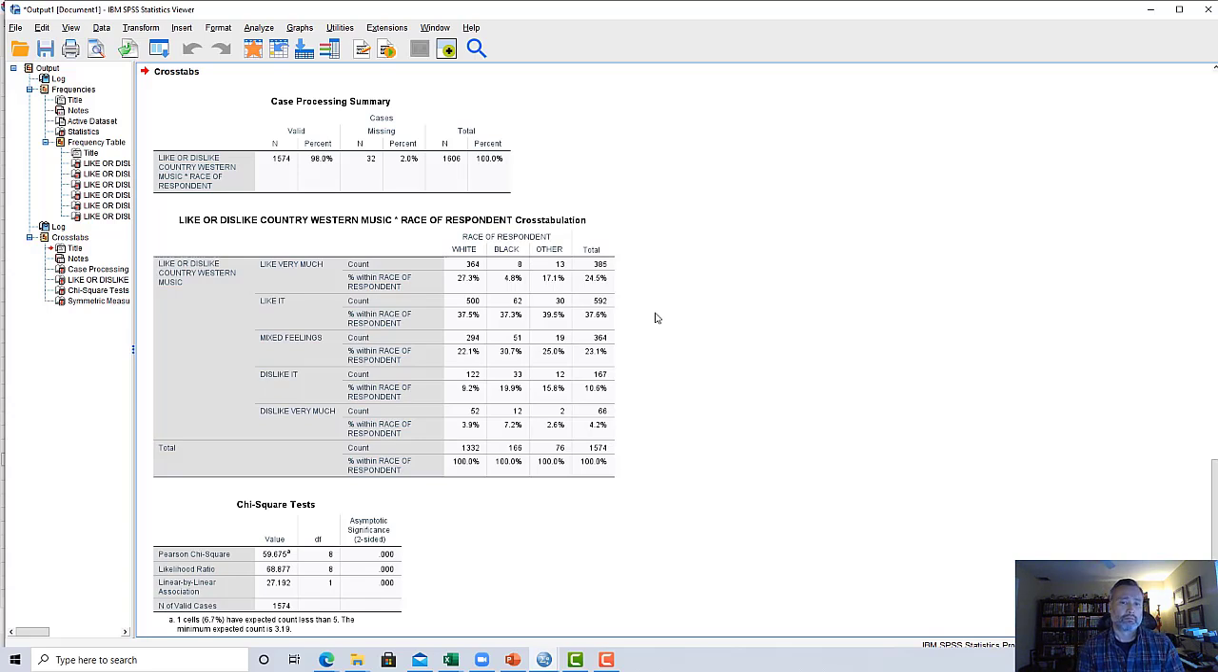But anyway, getting back to this finding specifically, what are we seeing here? What is the story? Well, we can see that 27.3% of white respondents, and this is a column percentage, so it's 364 divided by the column total, 1,332, like country music very much, compared to only 4.8% of black respondents and 17.1% of other. So whatever other racial category, if you don't consider yourself white or black, you fall into other. So that's 8 out of 166 black respondents. If we look at the like it category,